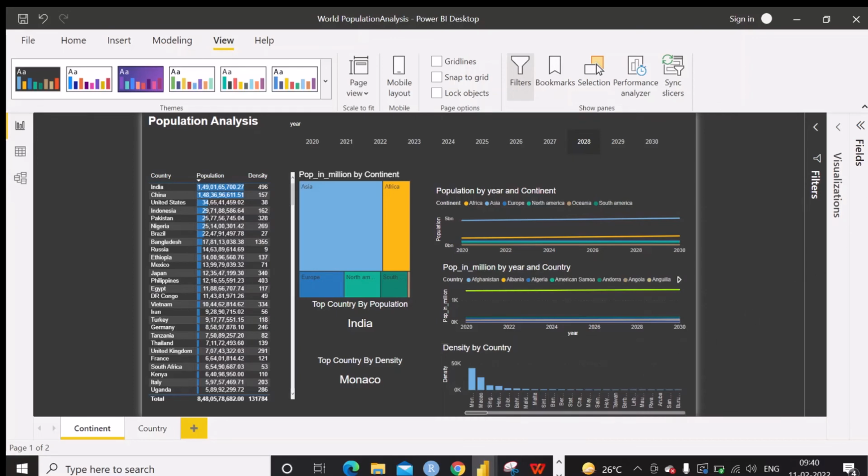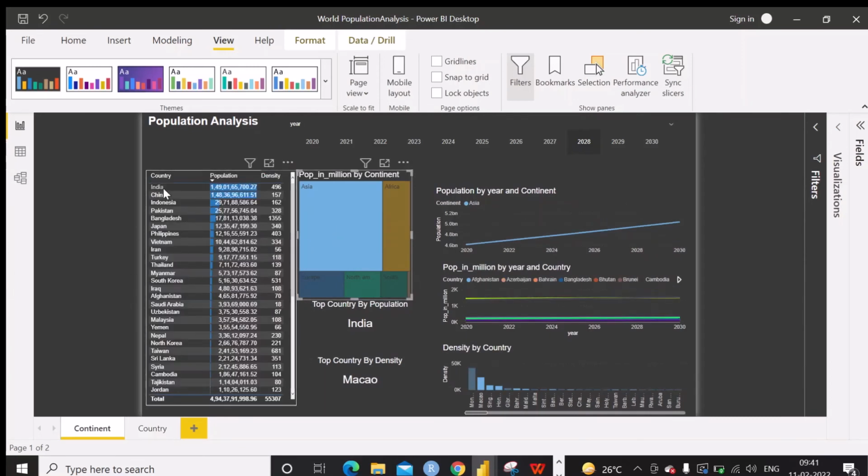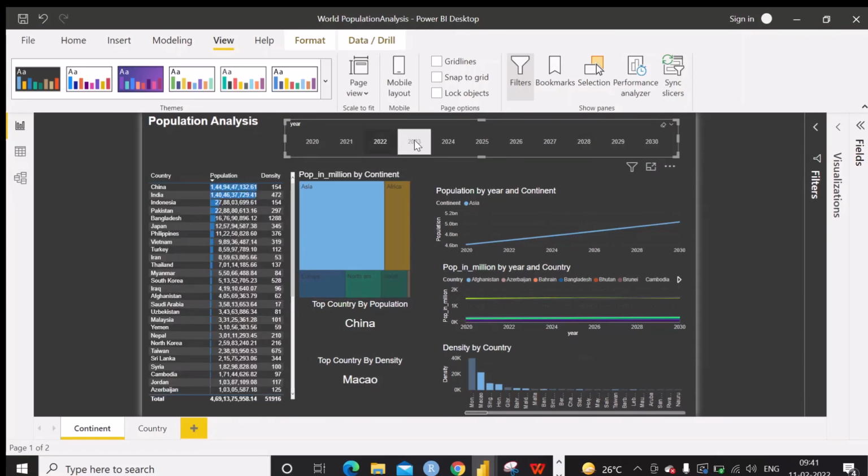For example, if we are only interested in Asia, then when we click Asia, it contains only the countries in Asia, and in Asia the top country by population is India in the year 2028, and the top country by density is Macau. If we select 2022, for example, the top country by population is China, not India. Until 2027, China is the top population country, but in the year 2028, the top country by population will become India.